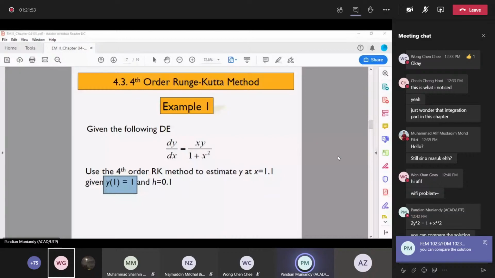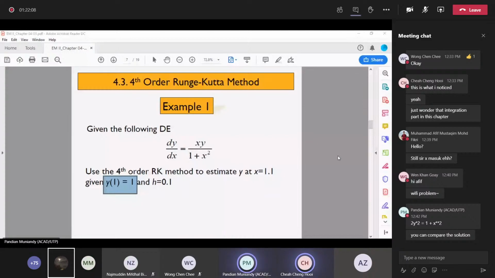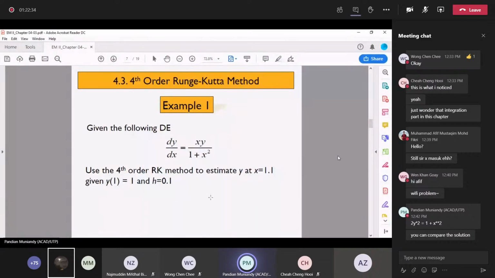Just wondering about the integration part in this chapter. So the answer is 2y squared equals 1 plus x squared. Can you get it? Yeah, I think I can get it, sir. So y squared equals (1 plus x squared) over 2. So y is the root of (1 plus x squared) over 2. All right, so that is your exact solution. Now we want to solve this by using